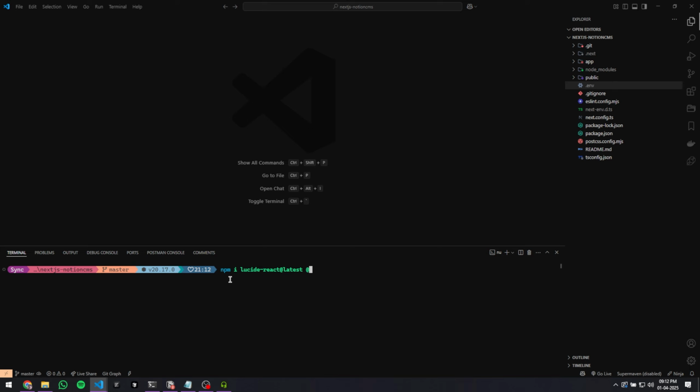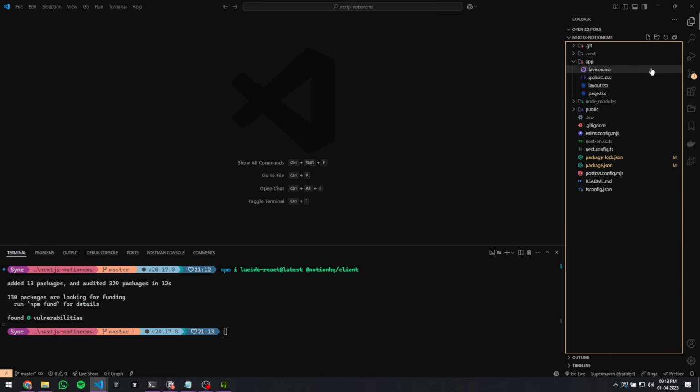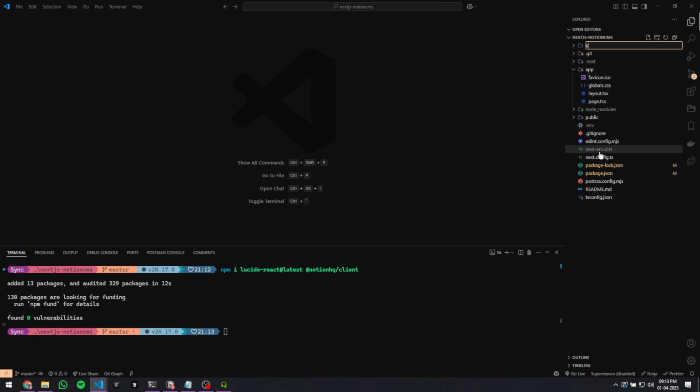So then @notionhq/client. Then yeah, that's pretty much it. Okay, so let's create this library folder while this is happening. So this is going to be inside the root directory. So a lib folder, and then inside this, let's create a file called